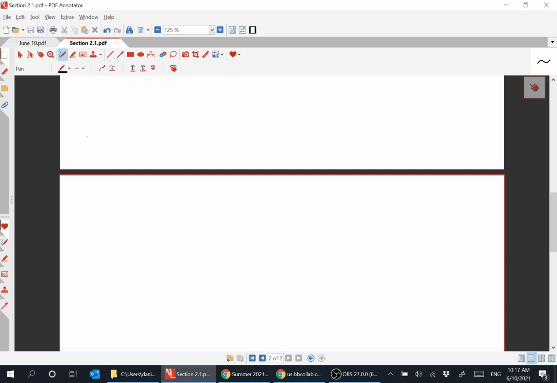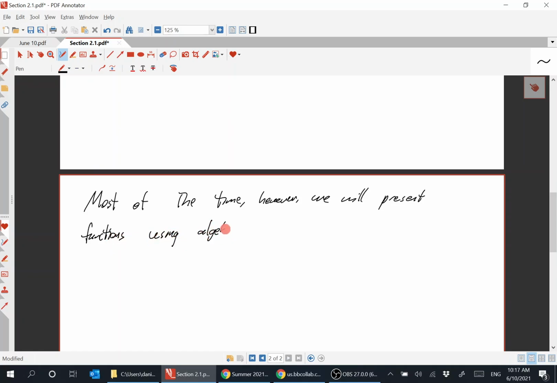All right, so the way we usually present functions, most of the time, however, we will present functions using algebraic expressions, rational expressions, etc. So, for example, if we say